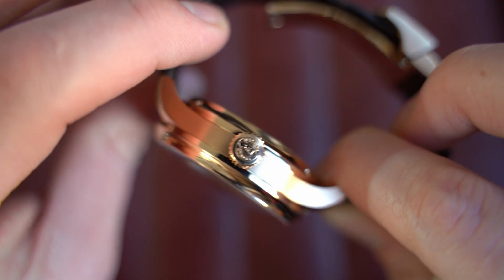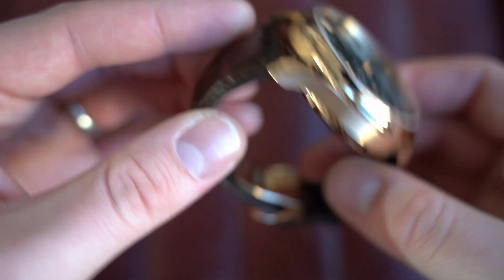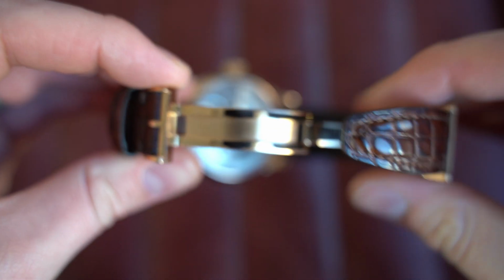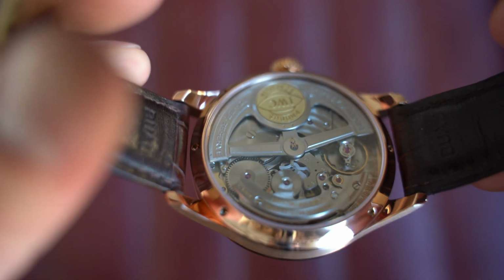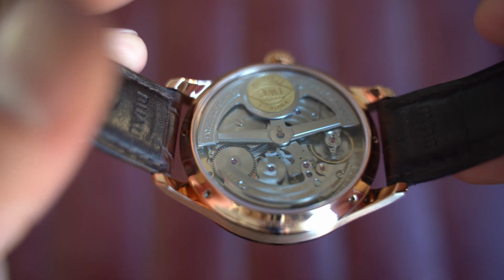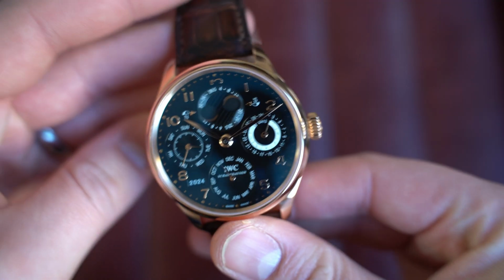IWC signed crown at 3 o'clock, as you'd expect, and it comes paired on a beautiful brown IWC strap with its folding IWC 18 karat pink gold buckle. It's well clasped, very nicely done. Then a huge exhibition case back with a mighty rotor right there with the IWC medallion in 21 karat gold, very nicely done. And inside is the IWC caliber